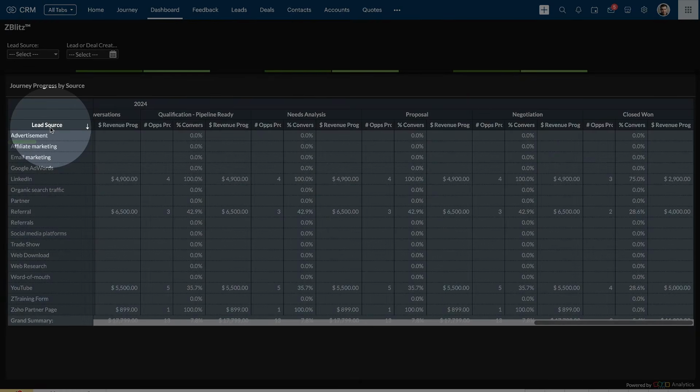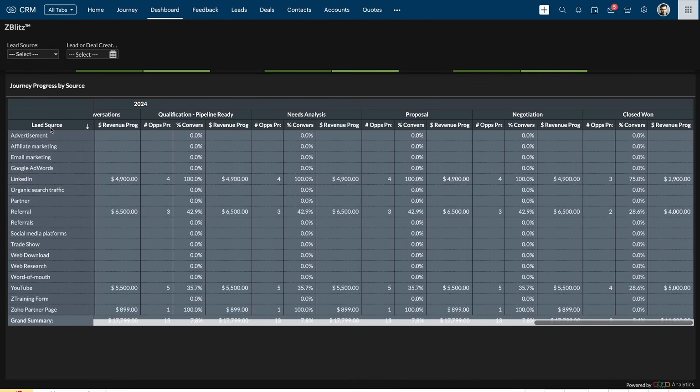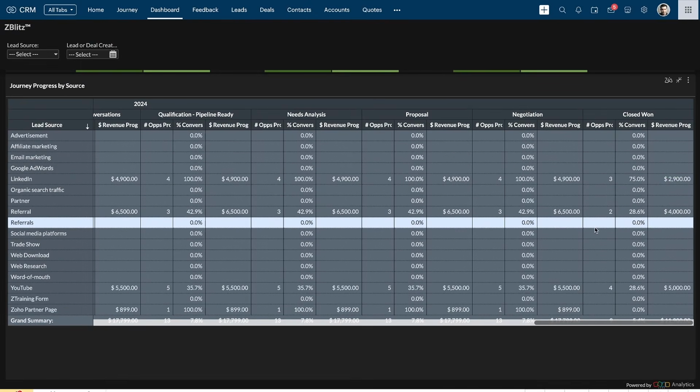You can actually change this, by the way, to not just lead source, but UTM medium, what campaign. If you're hooked up to Google Ads, you can even do by keyword, what's producing closed won revenue. Now, some of you may understand the significance of this, and some of you may be a little confused as